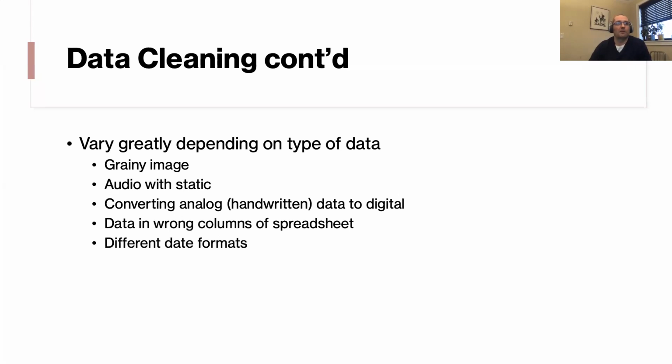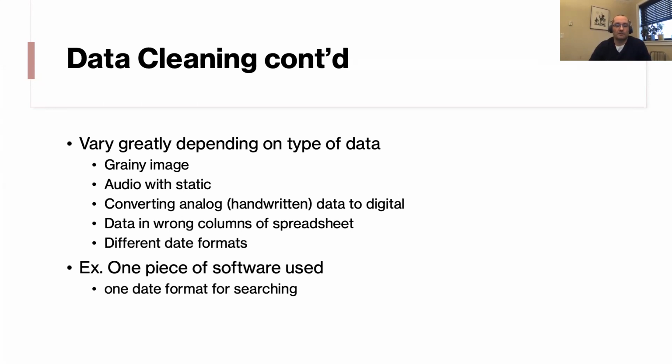I think the most notable thing I noticed, and this wasn't in terms of data, but a piece of software I used, was that if you wanted to search the log for something, you had to search in a particular date format, but it would output results in a different date format. It still boggles my mind how that's even possible.